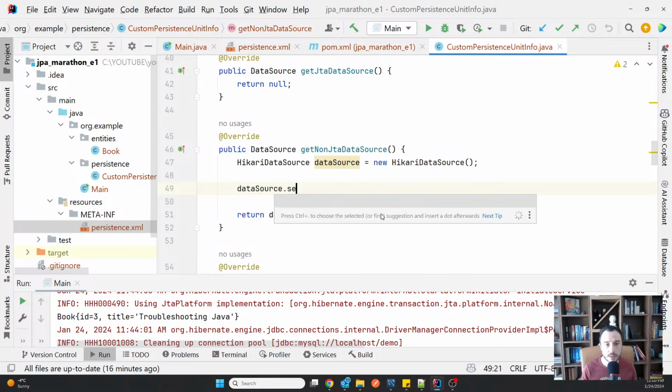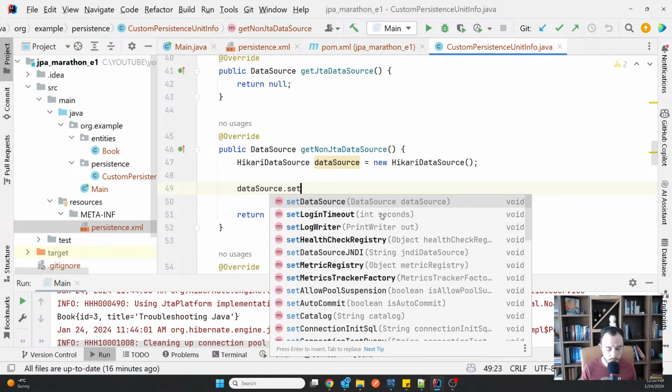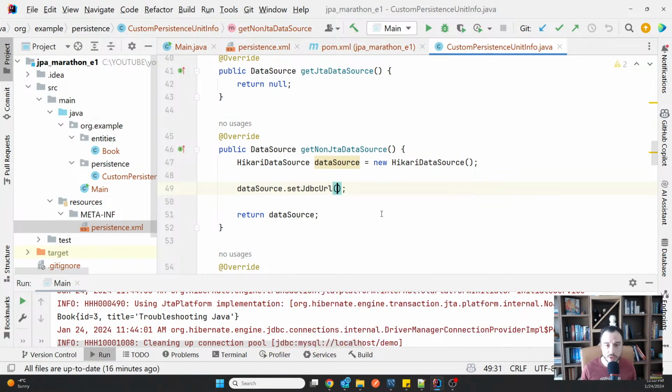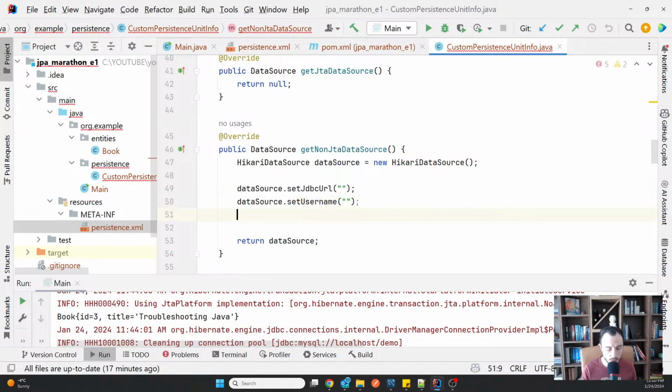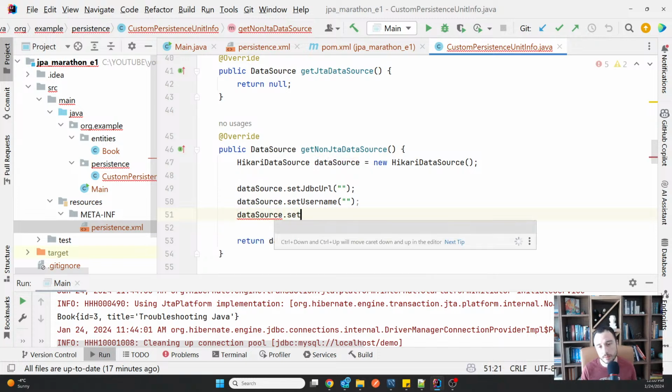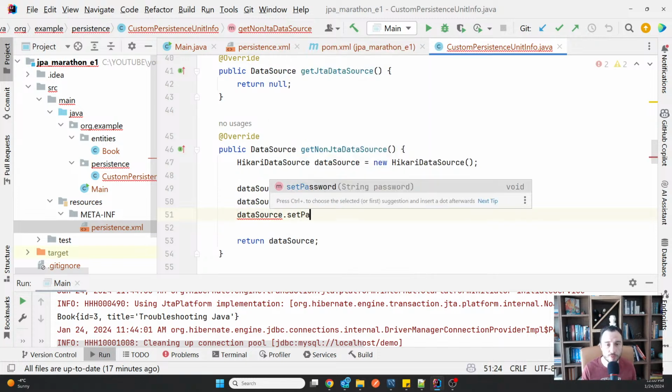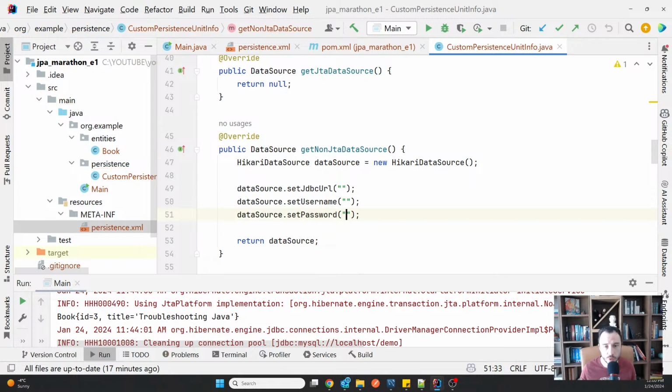So data source set, and then I need a minimum of the JDBC URL, username, and the password. And again, this should come from somewhere where it's secured. So I will put them here in code. I hope you allow me to put them in code here. But remember that they should never stay in code.